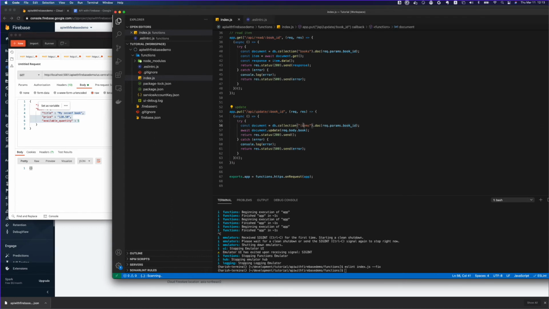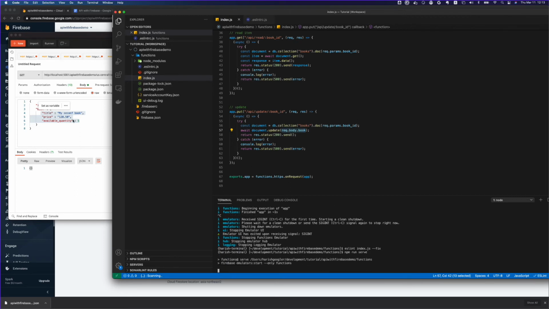Then we connect to our books collection, get this ID and connect to that document, and then get the request body book, because it's a PUT request, and whatever is changed will be updated there. Let's see how we are going to call this, and I'm going to run it again.